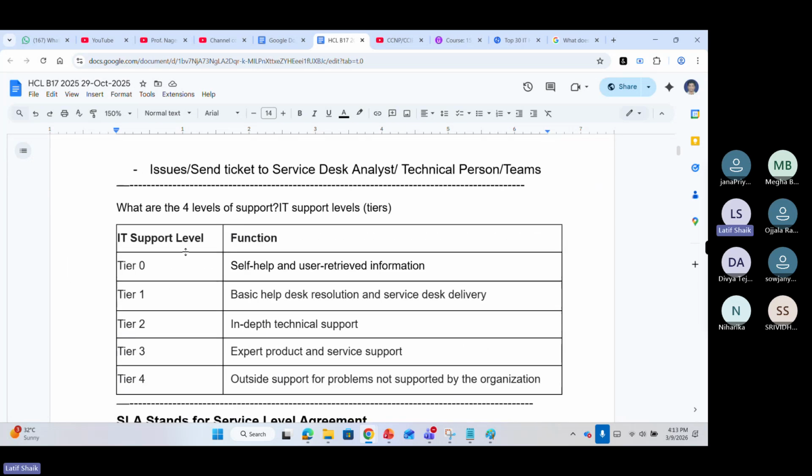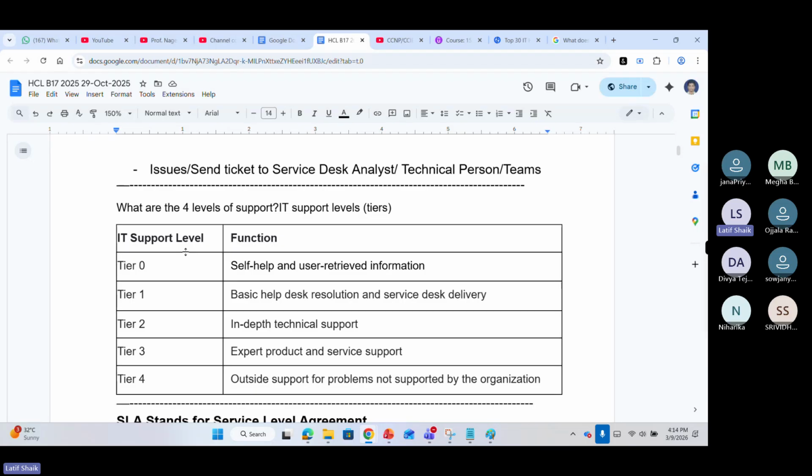These are the different tiers of IT support, or IT support levels. You can also see L0, L1, L2, L3, L4, or tier 0, tier 1, tier 2, tier 3, tier 4. Tier 0 is like a help desk type: basic resolutions, understanding customers' requirements, creating a ticket and providing basic solutions, or asking for current status, like whether LEDs are blinking or not. Tier 1, or level one, is basic resolutions and service desk deliveries. For example, they resolve certain basic issues, provide basic information, make sure it is working or not, and close